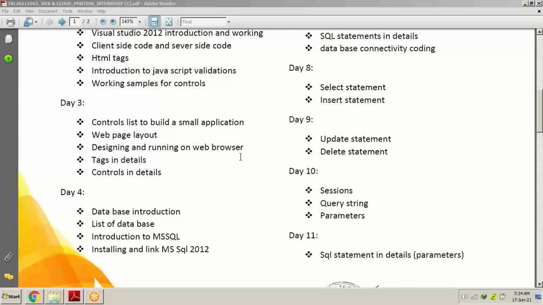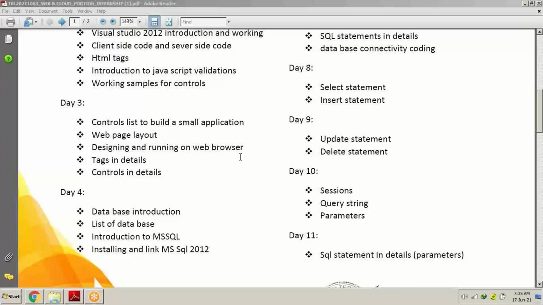Tags in detail, we are going to learn a few tags. I will be introducing you to very important tags, which are table tags, TR and TD, by which we can design the entire application. And we are going to learn a few controls, but before knowing about the controls, we are going to see where these controls are being used.